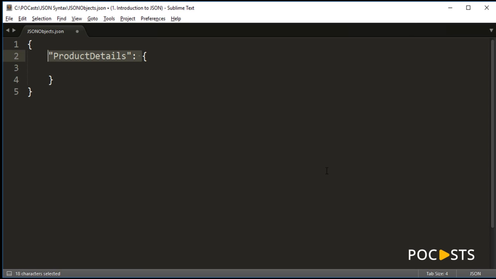right? You cannot define it like this, it will be an error, because anything that you define inside the curly braces must be a key value pair. Key should have double quotes and separate a value with a colon. That's basically the syntax of JSON, right? So this is how you need to represent an object, and inside the object you actually write a key value pair. Okay,